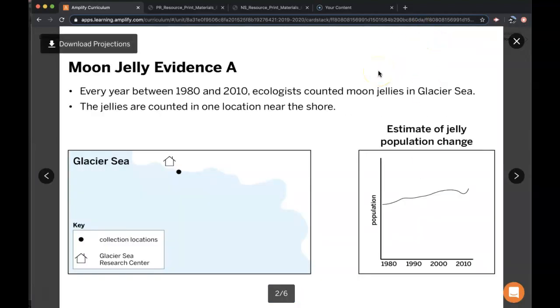Each evidence card you're going to look at shows a map of a location where jellies are being counted. So you should pay careful attention to the map to evaluate whether this sample represents the entire population. So in this evidence card, the jellies are being counted from this one location. So this is telling us that